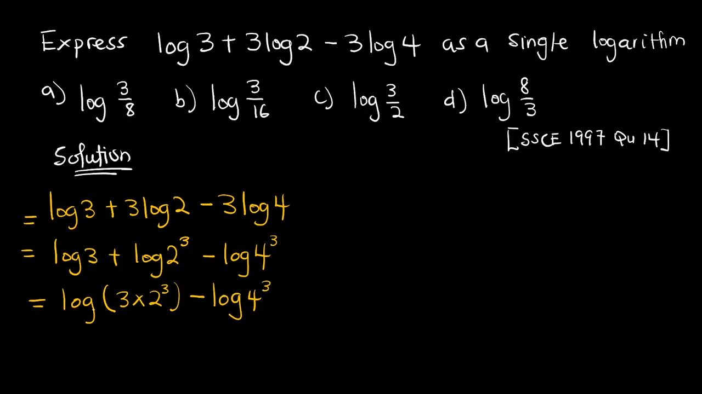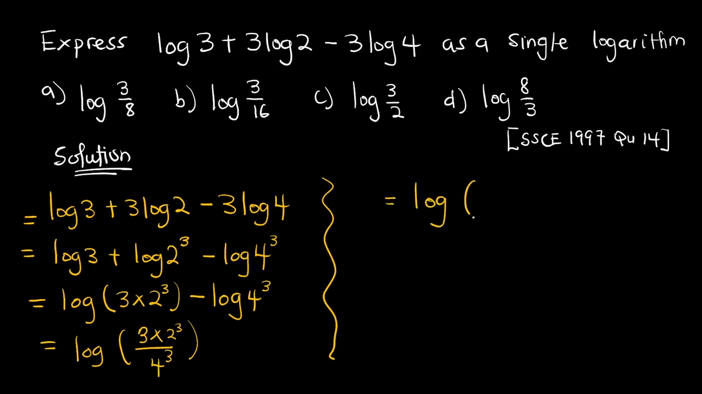So from here, I have log here, there is subtraction between them, so I divide. So this will be equal to log. Then I have this guy at the top. I can expand it or I can leave it. So let me leave it for now: 3 multiplied by 2 raised to the power 3. Then the subtraction sign here becomes division, and then 4 raised to the power 3 comes at the bottom over here. So from here, I have log, then into bracket,